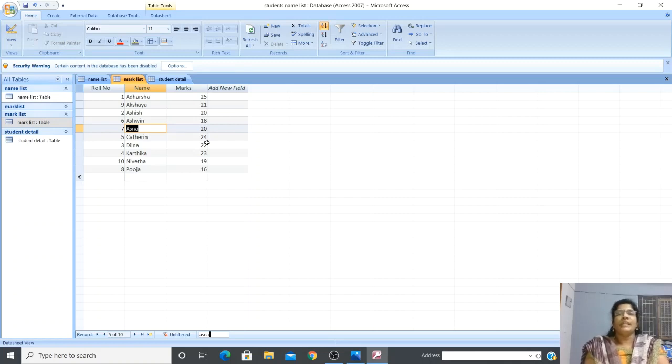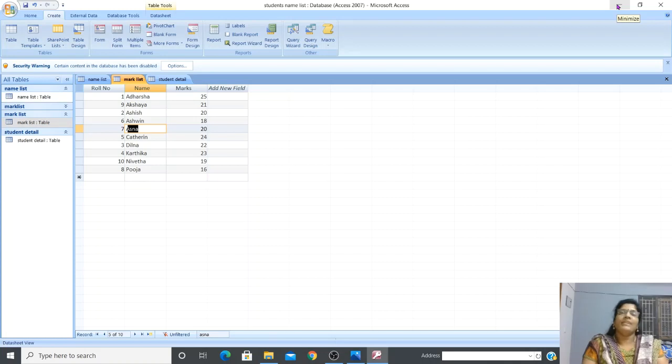Now we are going to study about creating queries. How to create queries. Okay. Well, students, let us create a query using the query wizard. In order to create a query, you have to go to the Create tab, as we have done for tables.